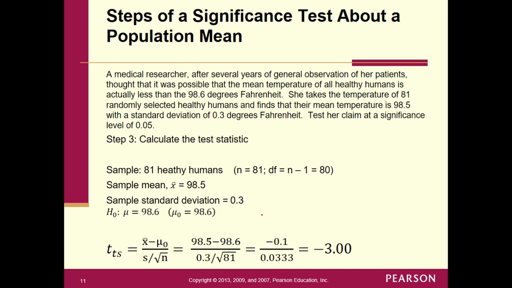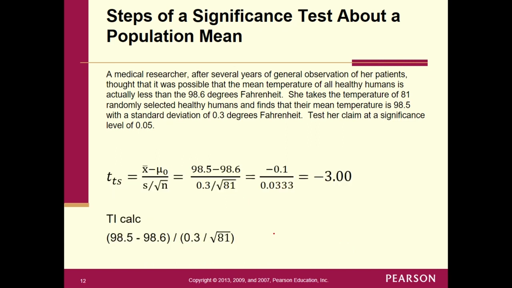So we fill all that stuff in. So we got 98.5, 98.6, 0.3, divided by the square root of 81. So if you haven't gotten your calculator out, get your calculator out, pause this, put that in your calculator. Well, before you put it in your calculator, unless you're absolutely sure how to do this, maybe go